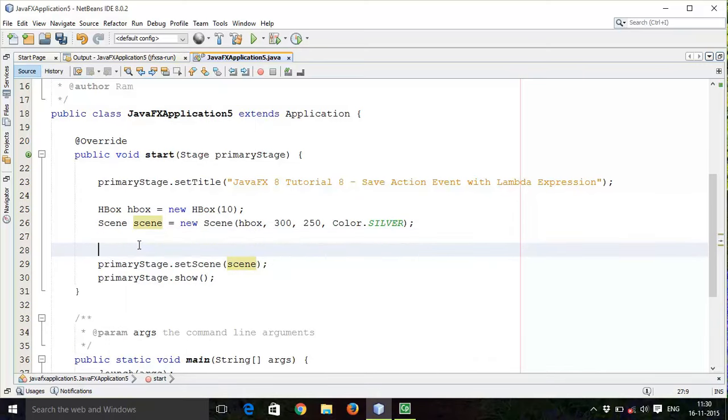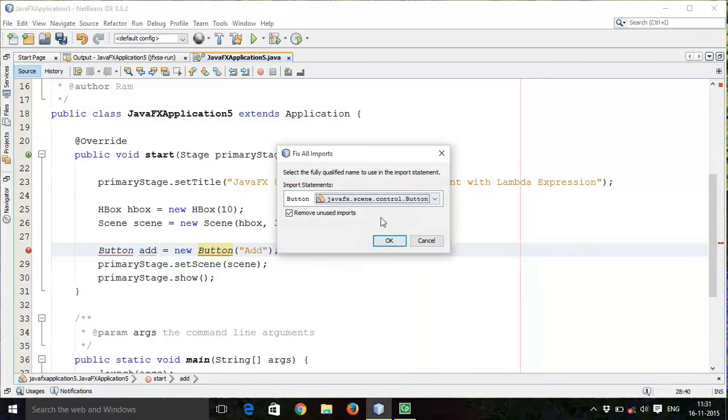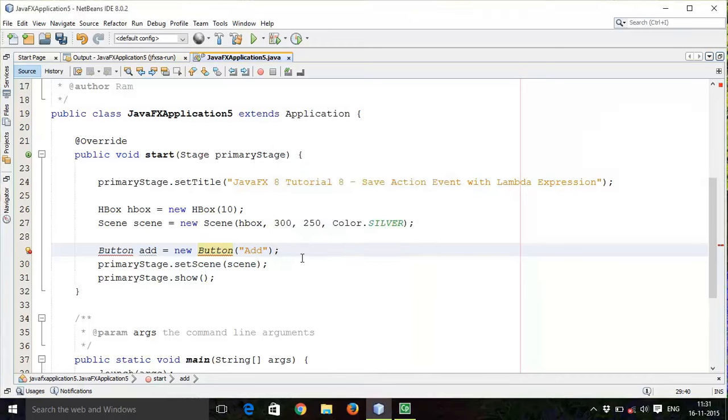Then I will add one button to perform action. So let's say add equals new Button, and set the text for the button. So I will say add, semicolon. Once again fix the import, right click and fix the Button import.